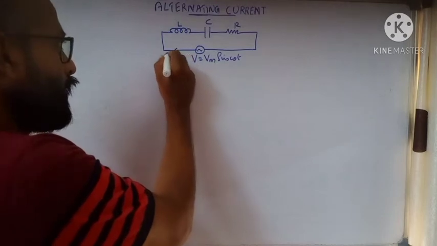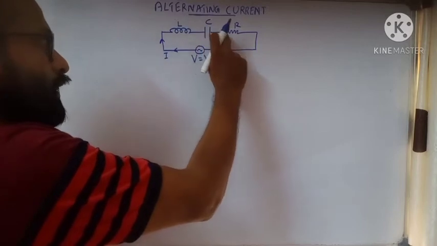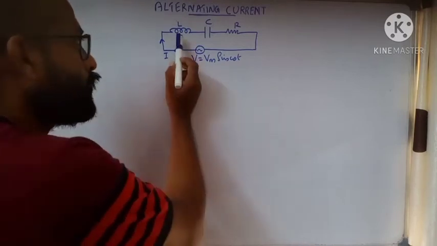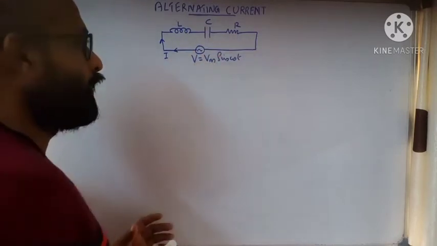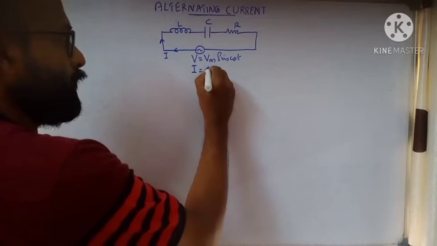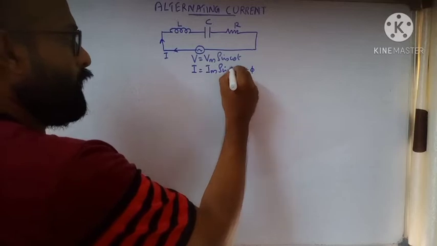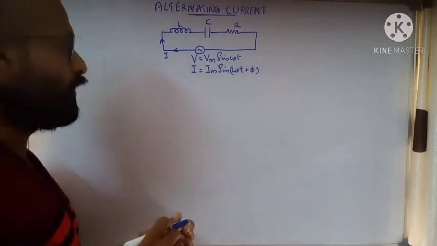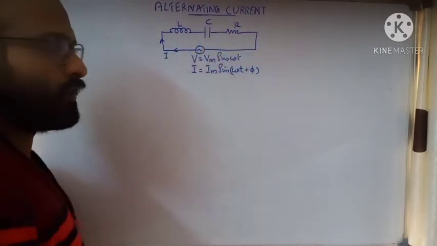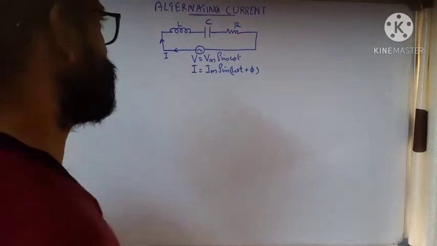Now it will start sending current in this direction. Current will start to flow through the inductor, then capacitor and resistor. And we know that these components are connected in series, so the current through each component will be the same. If this is the voltage, we can assume the current is represented by the equation Im sin(omega t plus phi). What is phi? Phi is the phase difference between the net current flowing through the combination and the voltage applied. So there is a phase difference phi between voltage and the current. Okay, so we have seen the circuit diagram.